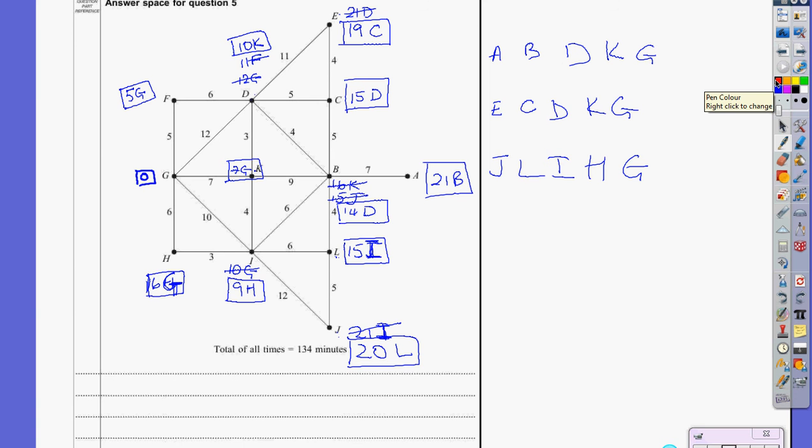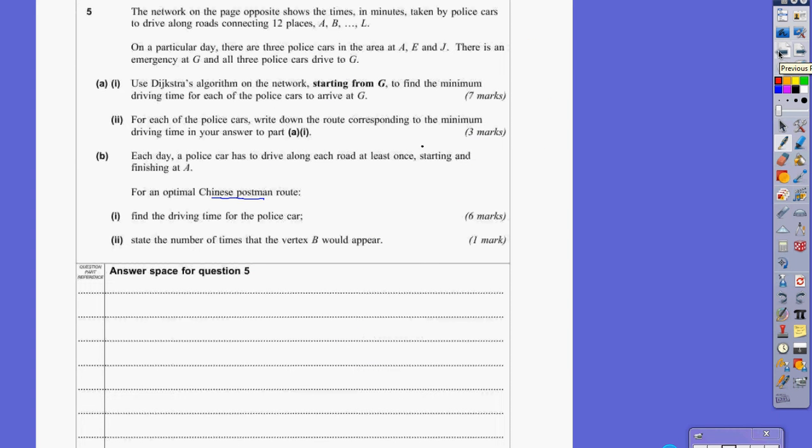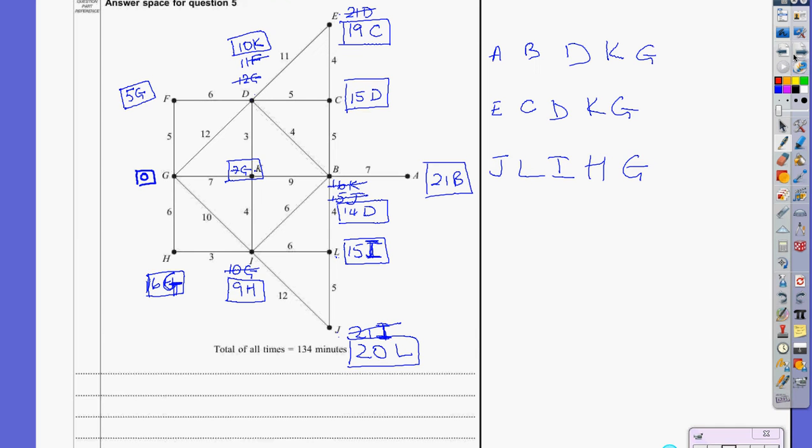So the question then is, each day a police car has to drive along each road at least once, starting and finishing at A. So for an optimal Chinese postman route, find the driving time for the police car and state the number of times that the vertex B would appear. So it's classic Chinese postman without too much